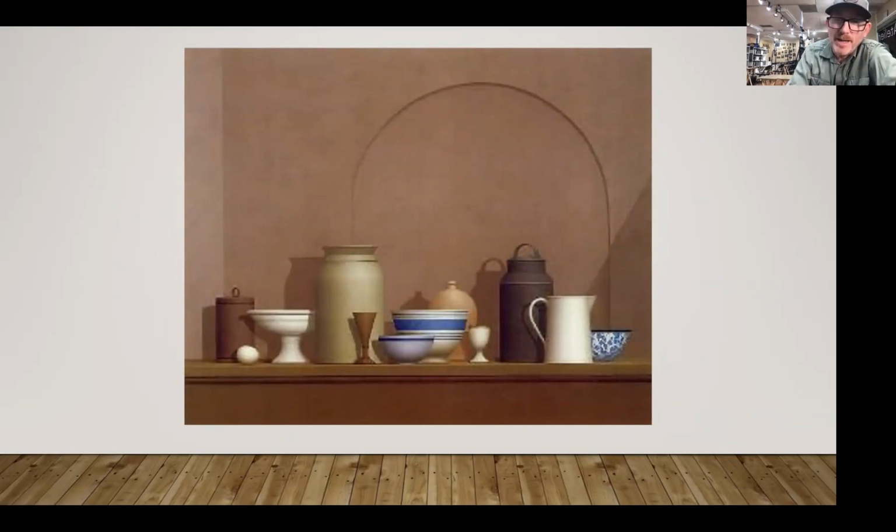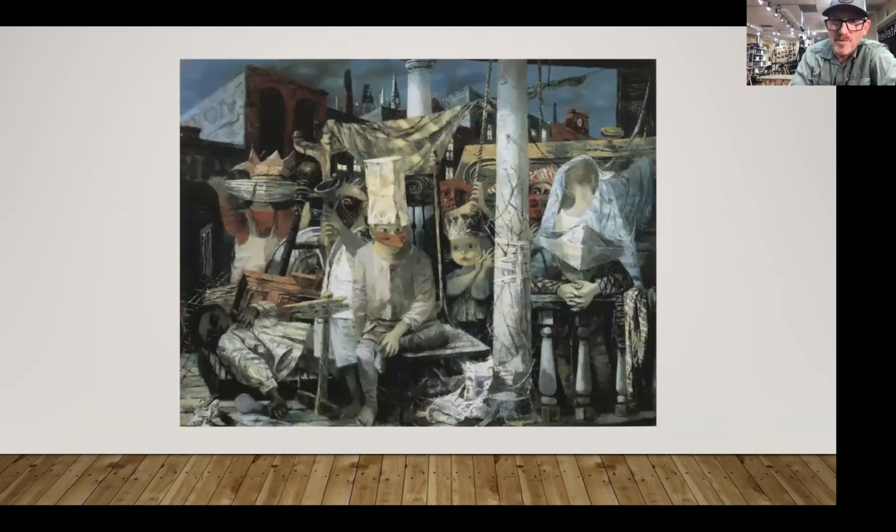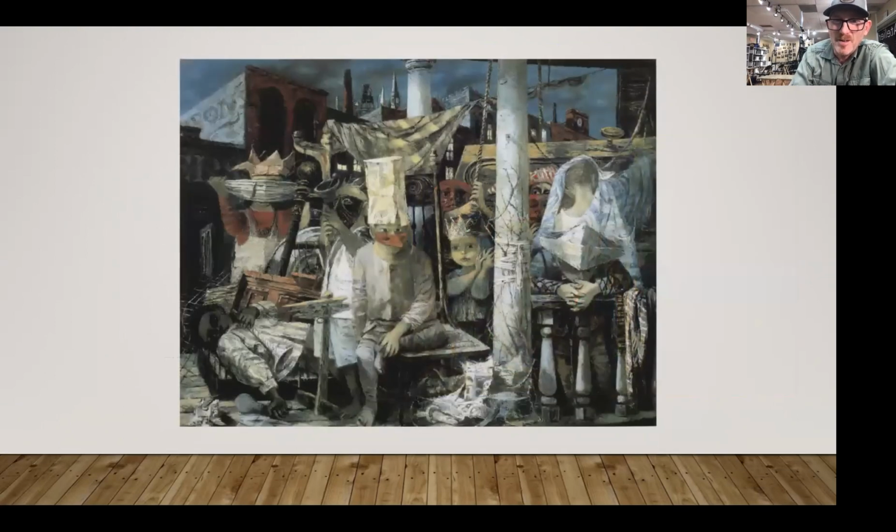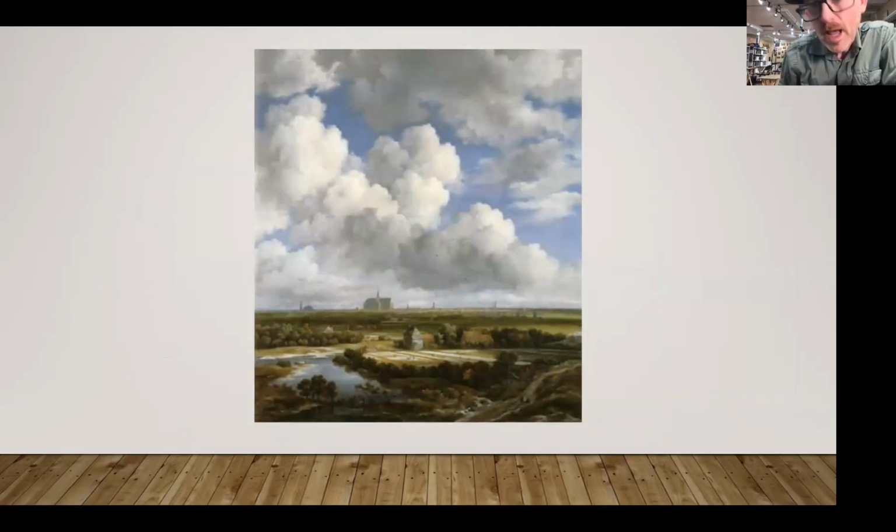In fact, this one's charming. I know he's thinking about that David painting, The Oath of the Horatii, because of that archway that he's got. It's almost the same. It's almost that same archway he's put into this still life. Very cool. And again, you can even have that appropriate for landscape painting.